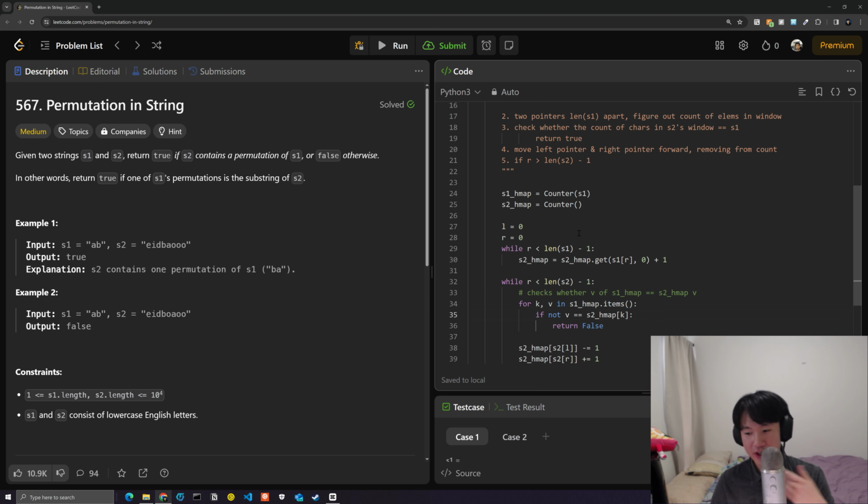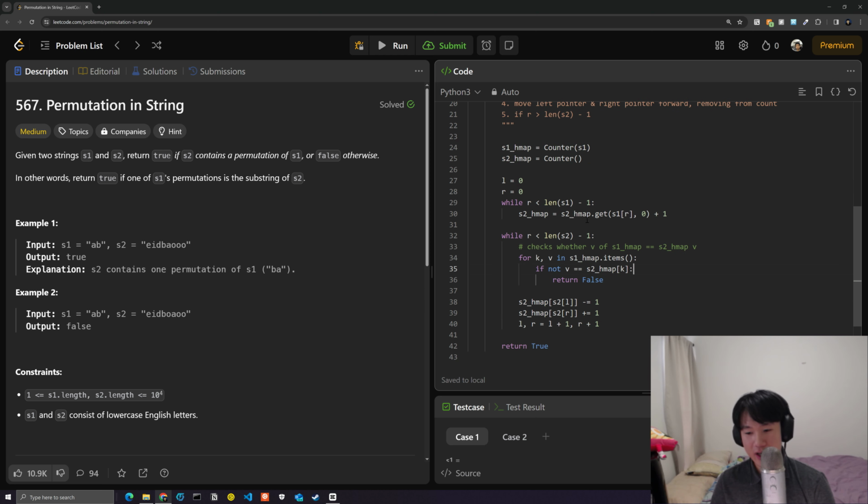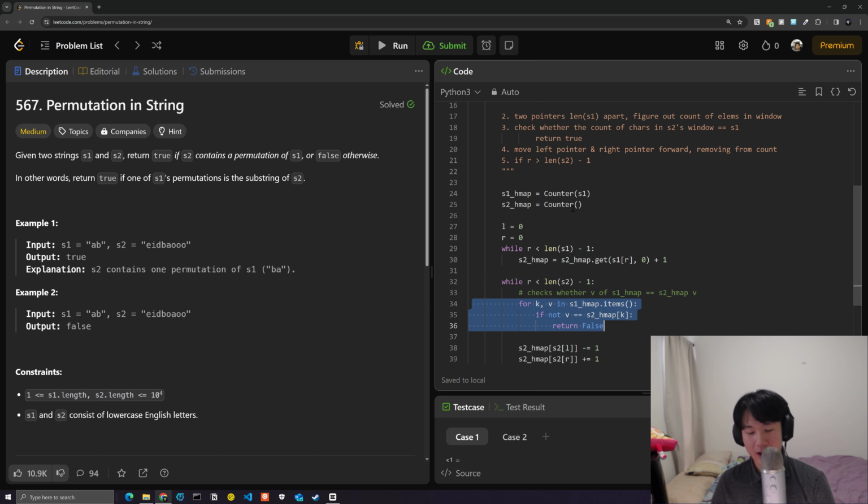Another thing I'm thinking about in terms of optimization is whether or not it's a good idea to constantly be looping through all the elements in the S1 hash map in order to check to see whether or not those values are the same. Let me think and see if there's any other ways that we could optimize this. Okay, well, what we could do instead is populate both hash maps with